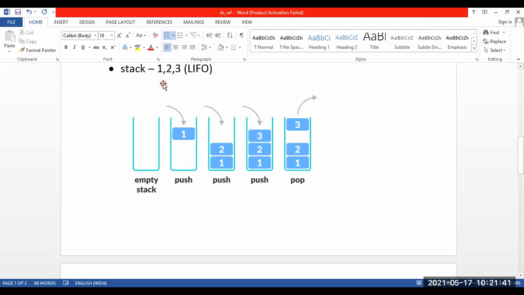We are left now with 2 more elements, 2 and 3. Then I'll ask you to insert the element 2. 2 also goes inside again from the top section. Then you're left with only one item, that is 3. I'll ask you to insert 3 also. 3 is again placed inside the bucket, or inside the stack.